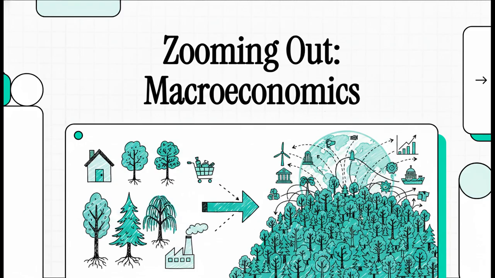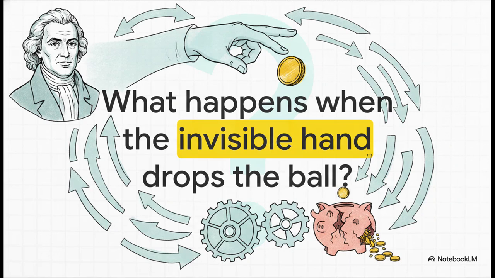And as you'll see, understanding this big picture fundamentally changes how we view the world, from the price of your groceries to your actual chances of landing that next job. So, Adam Smith, the famous founding father of modern economics, gave us this beautiful idea of the invisible hand. He suggested that if buyers and sellers just follow their own self-interest, well, everything magically balances out. We don't even need to worry about the wealth of the country as a whole.